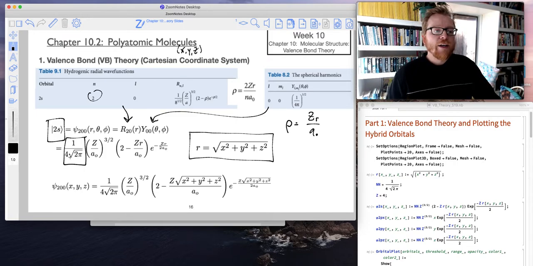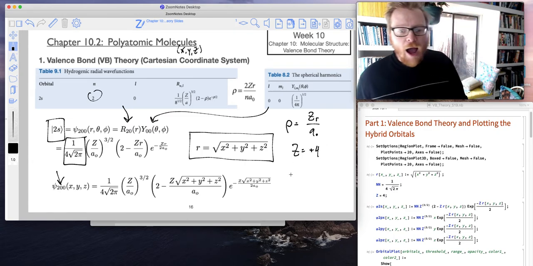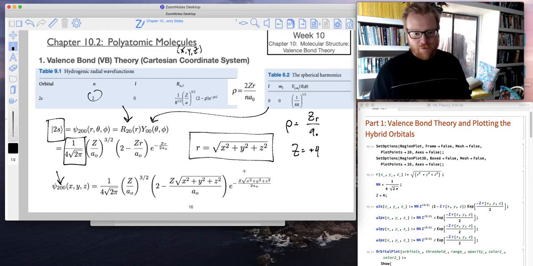Now, converting this over to x, y, z for the 2s wave function, the only thing I have to do is replace anywhere that I have an r with root x squared plus y squared plus z squared. I'll remind you that Z is our charge here. On this Mathematica assignment, you're going to use a Z of plus 4,